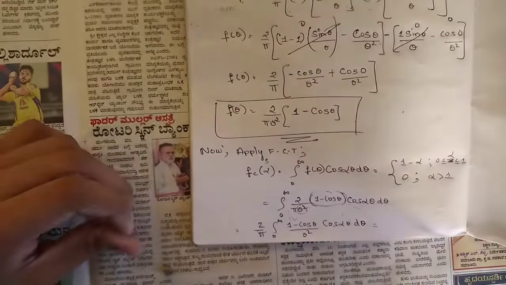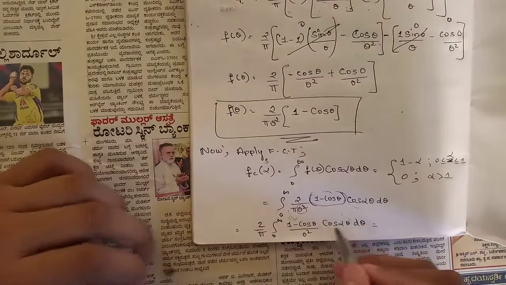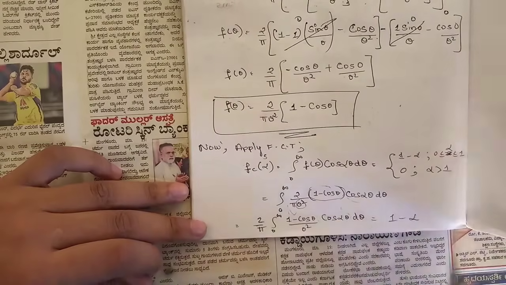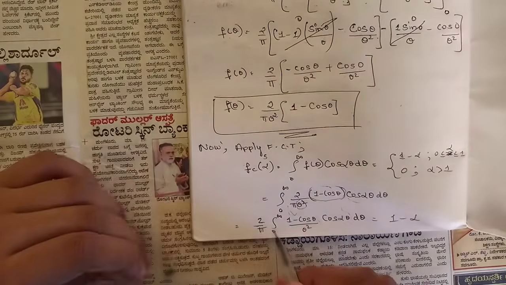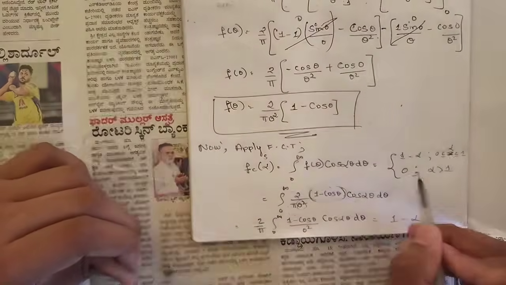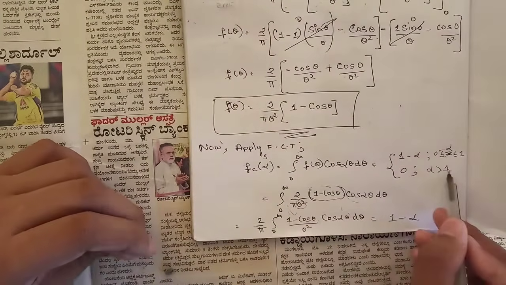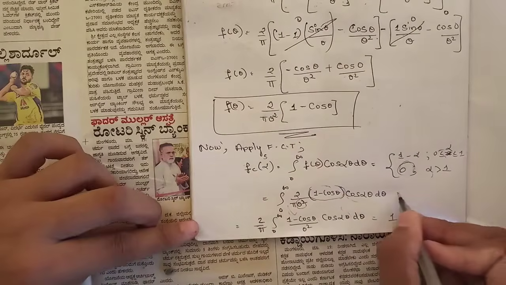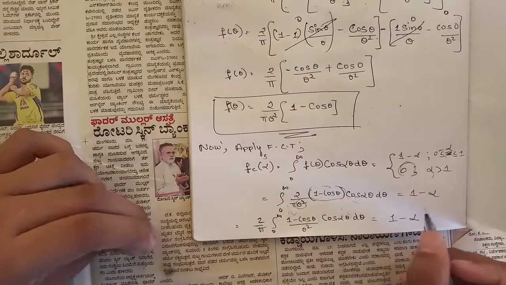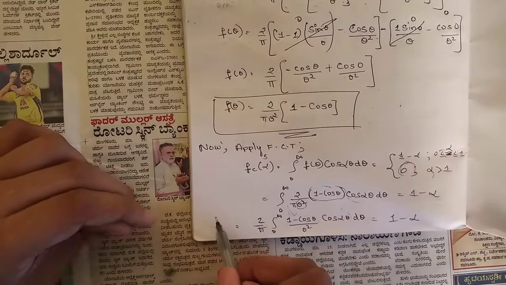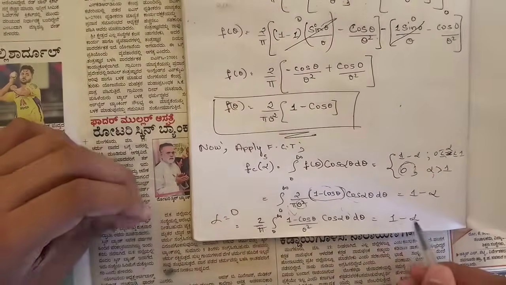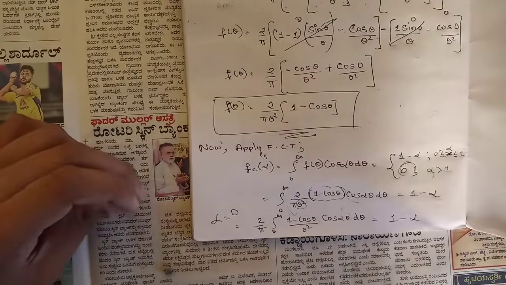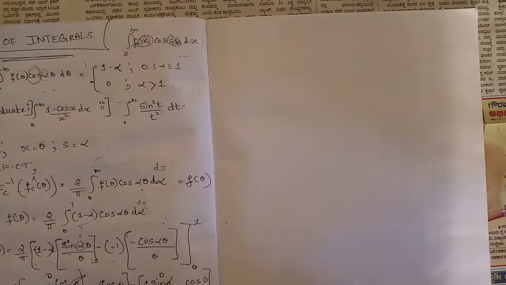Okay, yeah. So if we put the value of alpha equal to 0 in this equation, 1 minus alpha is there, right? So on this side it is 1 minus alpha. The integral is from 0 to infinity, and we know that it is split from 0 to 1 and 1 to infinity, and from 1 to infinity the value is 0, so we are not going to write the second case now, 1 minus alpha. So now when we put alpha equal to 0, this would be 1 minus 0, right? So now let's write the remaining equation, that is